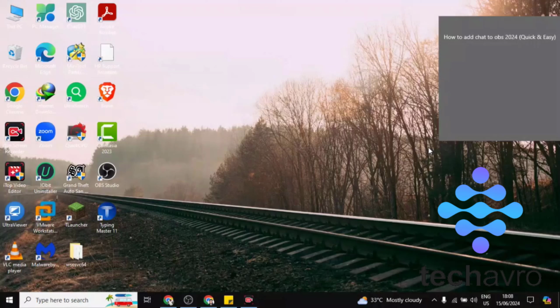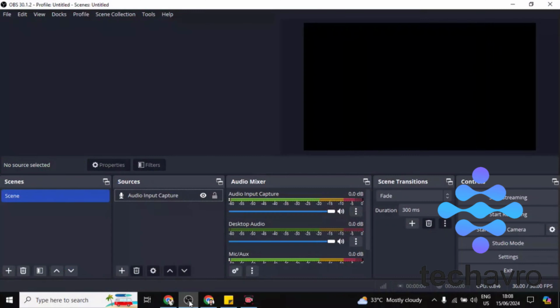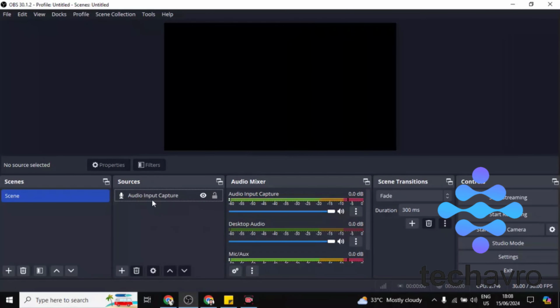In this video, I'm gonna be showing you how to add chat to OBS 2024. So let's go to OBS first. Then you have to click on the sources option. In the blank side, put your mouse cursor and right click on this, and then you'll find the first option